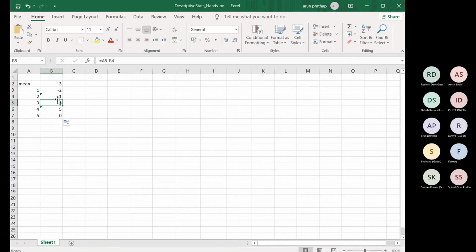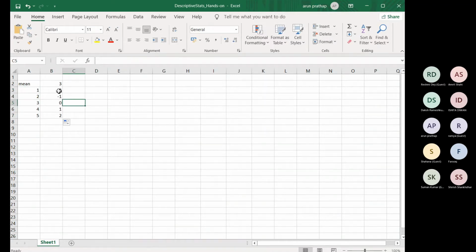So basically what Excel does is when I copy paste formulas like this, it will go on incrementing the number reference. So that is why I got this thing. But what I want here is this B2 itself. So either I can manually correct these 3 formulas as B2, or I can use something called a dollar sign here. So dollar tells Excel that this value is constant. I want this value only in all the subsequent computations. Don't change that. So once I put dollar there and then I copy again, I got it correctly.